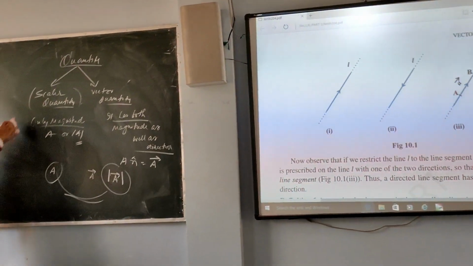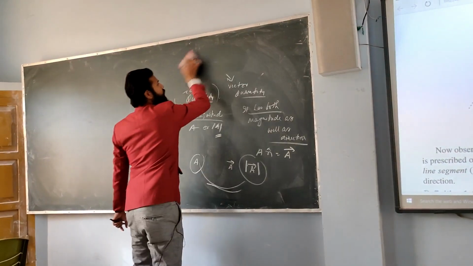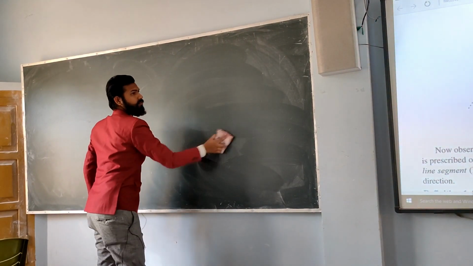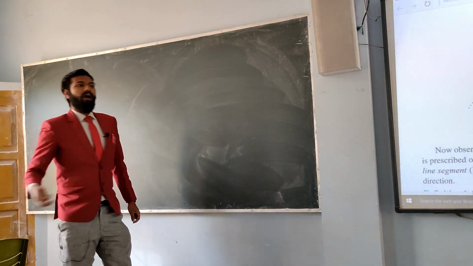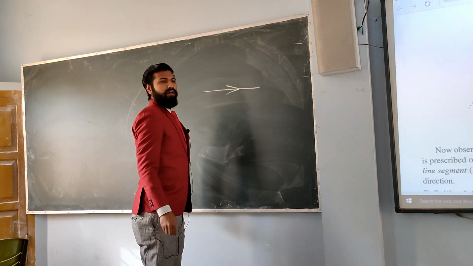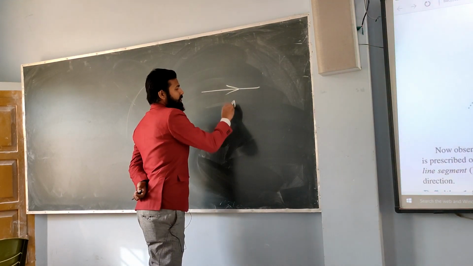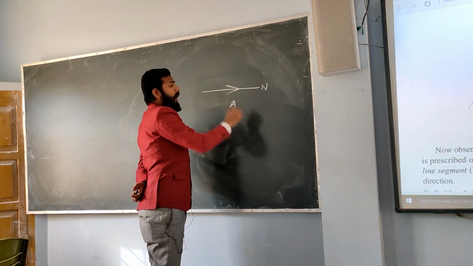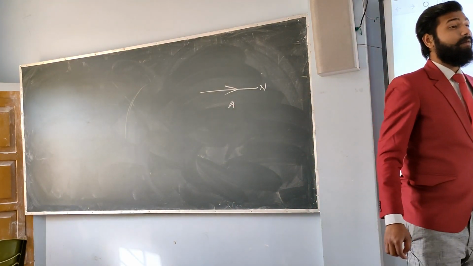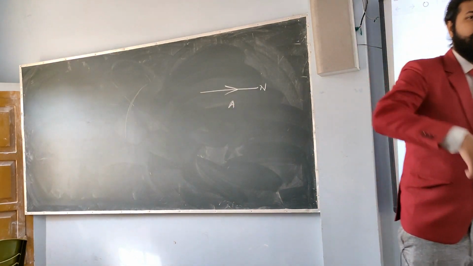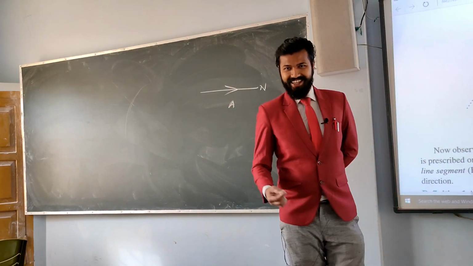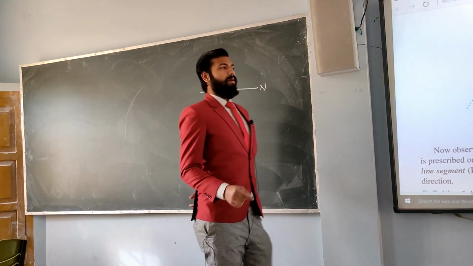Now if I say scalar on this part, now look here, very interesting thing. Suppose this line, this arrow, is a vector. If I say I am walking 5 kilometers, it's a scalar. If I say I am walking 5 kilometers toward north, I give magnitude and I represent direction also, where I moved. North is the direction in this case. But in mathematics we do not use north,